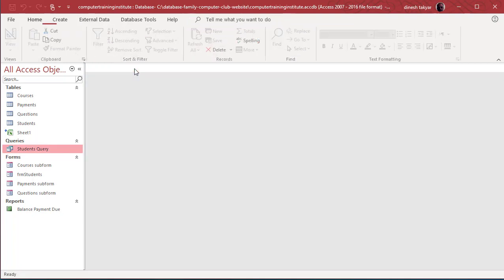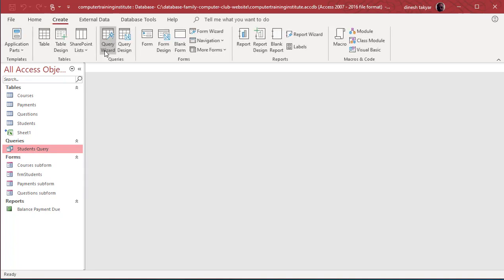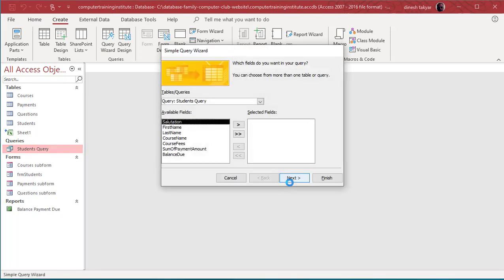So I'm going to close this query. I'm going to create another query so you can see how that was done. So we will go to create query wizard. We'll make a simple query. We'll say OK. And here you see we can select the items that we want for the query from the relevant tables. So I'm not going to take from student query, but I'm going to take from table students. So I can take whatever I want here. Okay. So if I take, for example, salutation, first name, last name, and I won't take any of these,